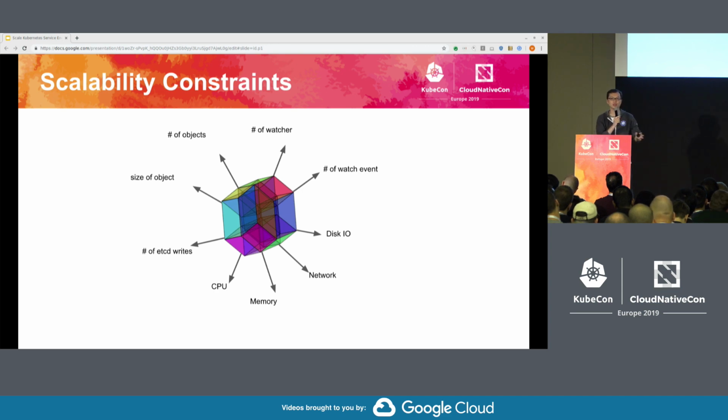We can shift the load between master and nodes. So there are many trade-offs we can make. But the goal is that as the system scales, the number of nodes grows, the number of services grows, the number of endpoints grows, all the dimensions should scale with bounded increase.